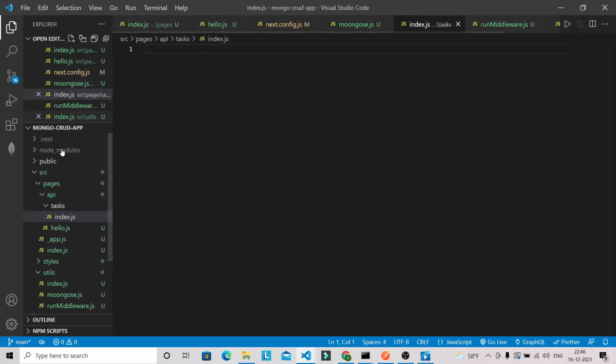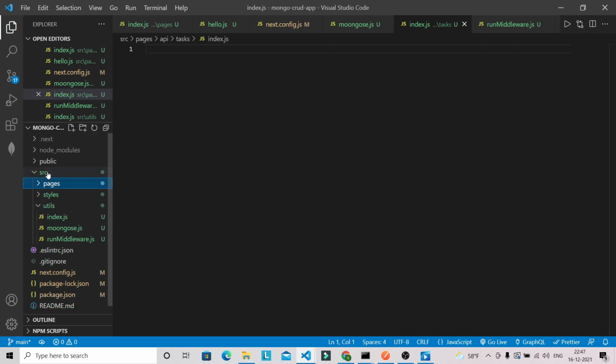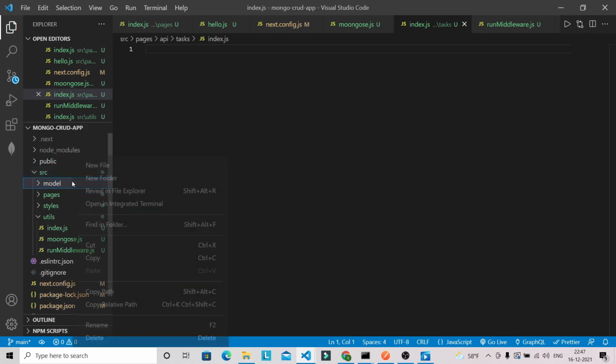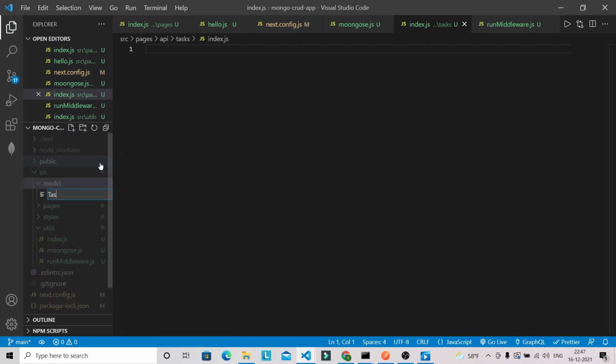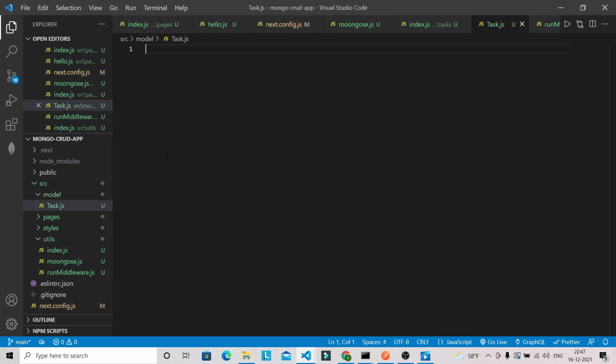Okay, and here what we have to do first, so first we are going to create one model here. So let's create that folder as well inside source, so model, and inside the model we are going to have file like task.js.